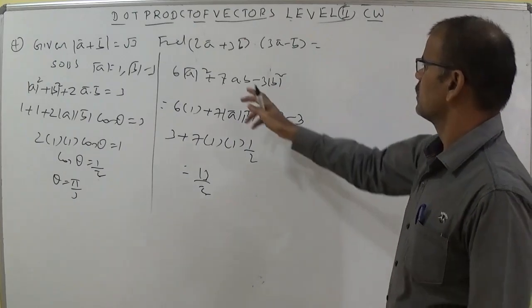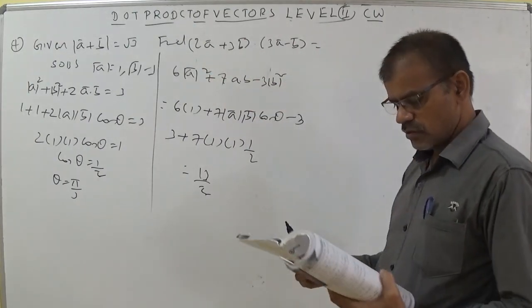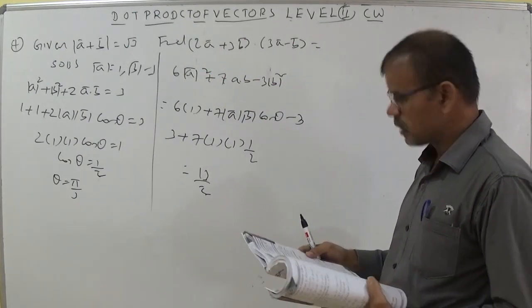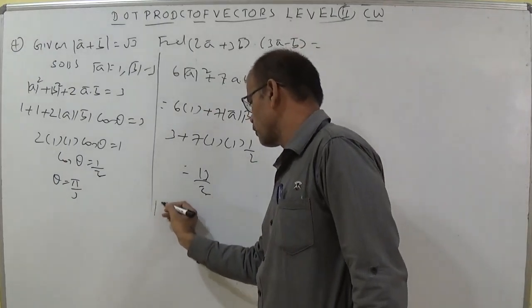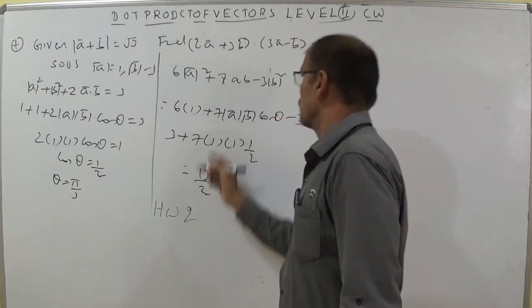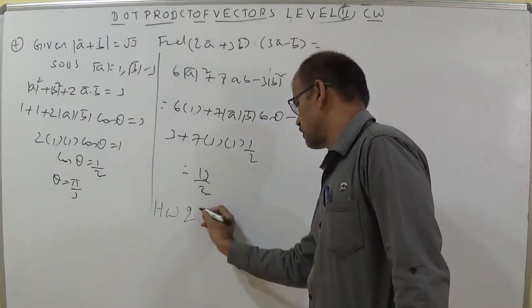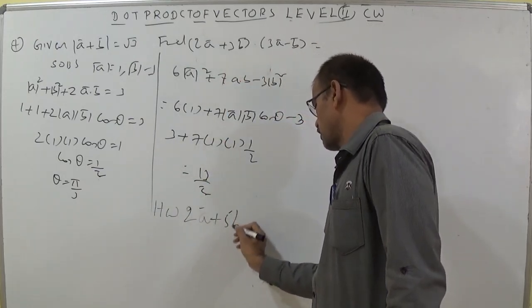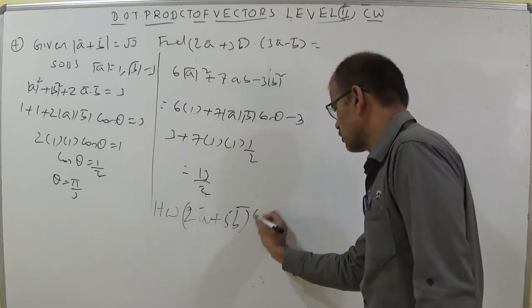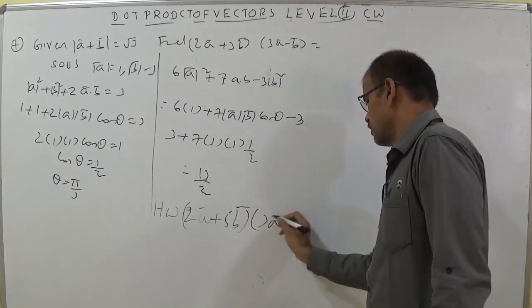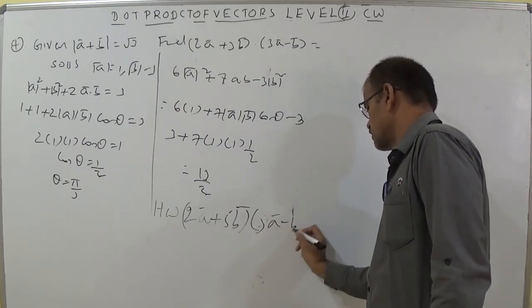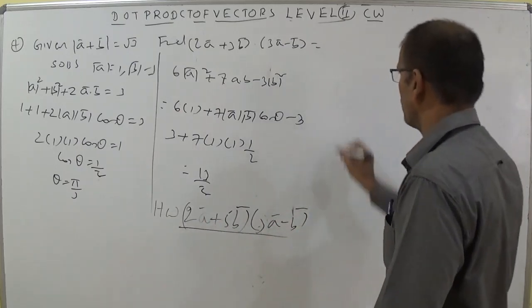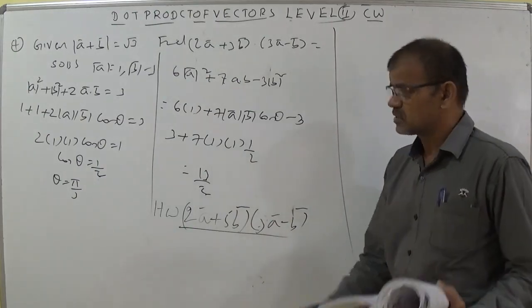7 into here 2 minus 2b. Whatever the question asked, 2a plus 5b he given. Okay. I said this one. I am giving a homework to you. By mistake I had written 2a plus 3b. No problem. I am giving a work to you. You do this one. 2a plus 5b into 2a plus 5b into 3a minus b. This one you calculate. You will be getting the answer.